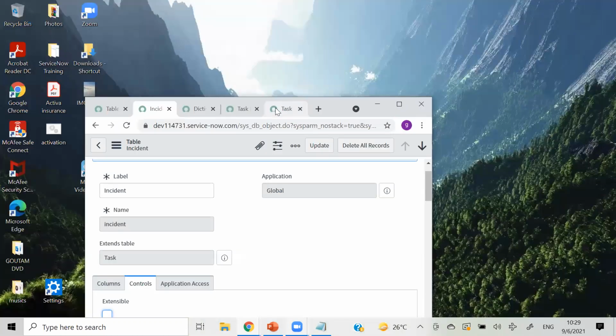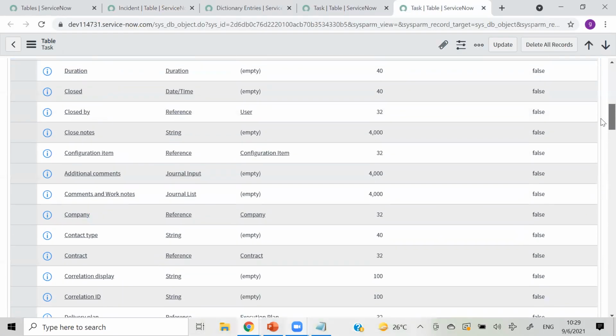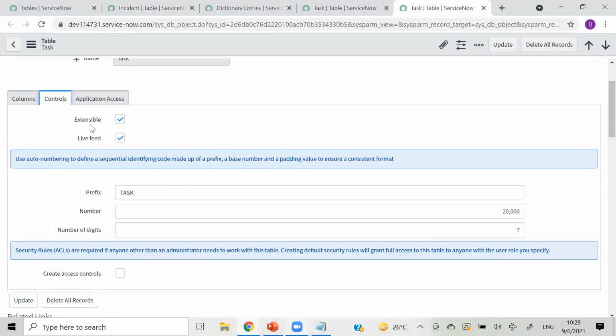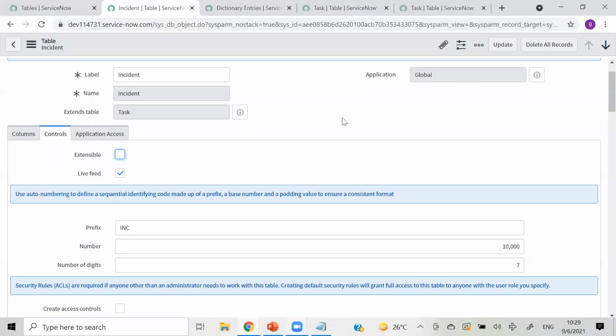Let's see on our task table if that is enabled or not. This is our task table, and going to controls, here you can see Extendable. So only if this is ticked will your table be extendable, else it will not be able to extend.